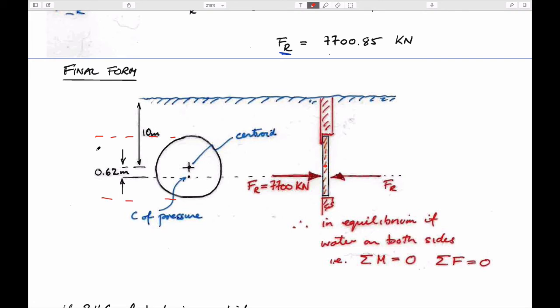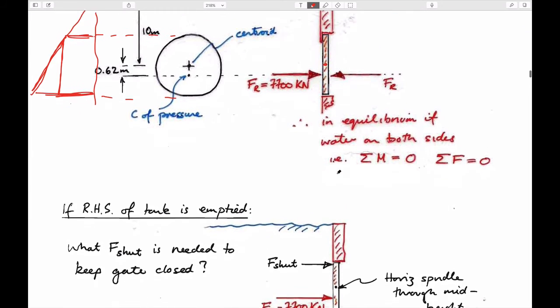We know that for this distribution, the fluid pressure varies from the surface like this, and so its distribution would be this. And we can divide that up into two different components if we wanted to. If this is flooded on both sides, the forces acting have to be in equilibrium. Same fluid pressures acting on either side. There's no net moment on this. But if you drain the right-hand side,